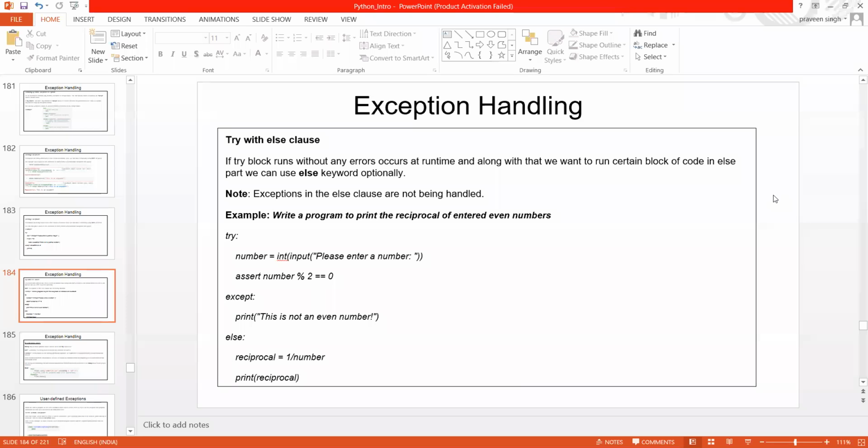Suppose I give the input 2. What is the reciprocal of 2? That is 1 by 2. So 1 by 2, what is it? Is it 0.4 or what?